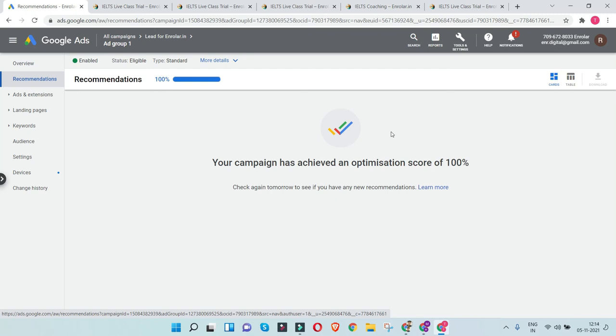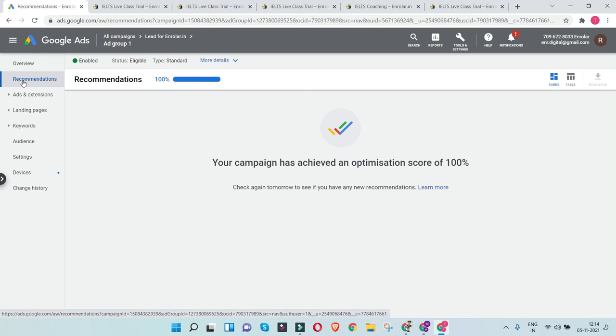In certain cases, Google might recommend you to increase the budget. So you need to think of, if you have the budget to increase it, or if you'd like to increase the budget, then how is it impacting your long-term goal, because you need to look at the overall marketing budget and then take up this kind of recommendations of budget increase. So definitely look at this recommendations area on a daily basis and try to fix these recommendations as soon as possible, because these recommendations are genuine recommendations and they actually impact your ad quality score.